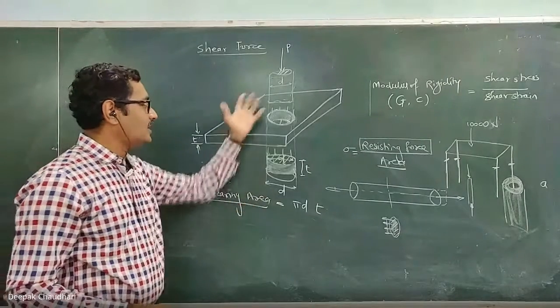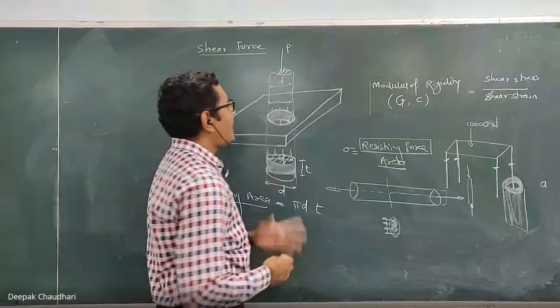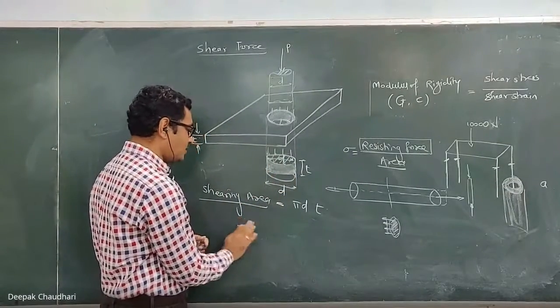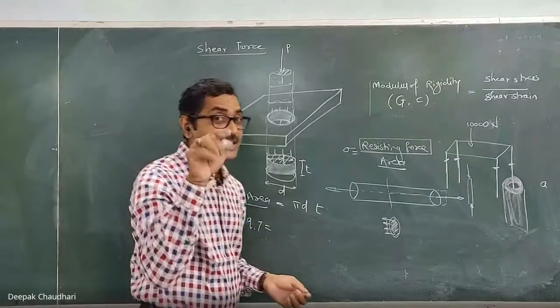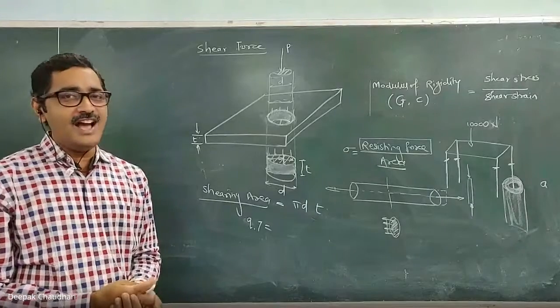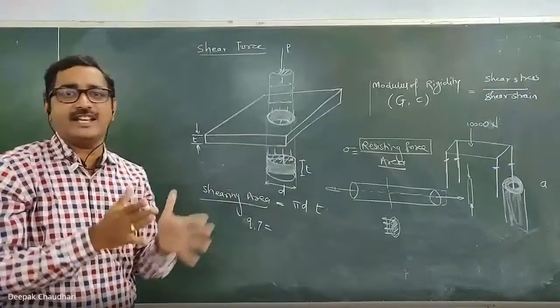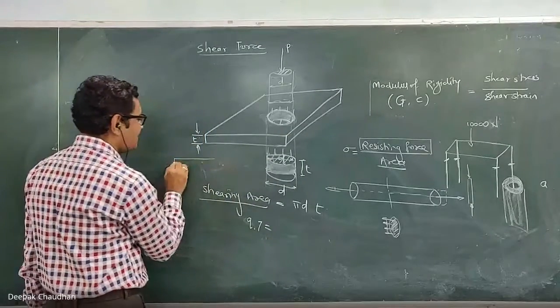Shearing area, sorry, in this case the shearing area is this surface area which is equal to pi d t, and shear stress, which is denoted by Q or tau, is the shearing force upon the shearing area. It is known as the resisting area, the shearing area. It is the area along which the actual shearing takes place. That is known as the shearing area. Here I had given you the example